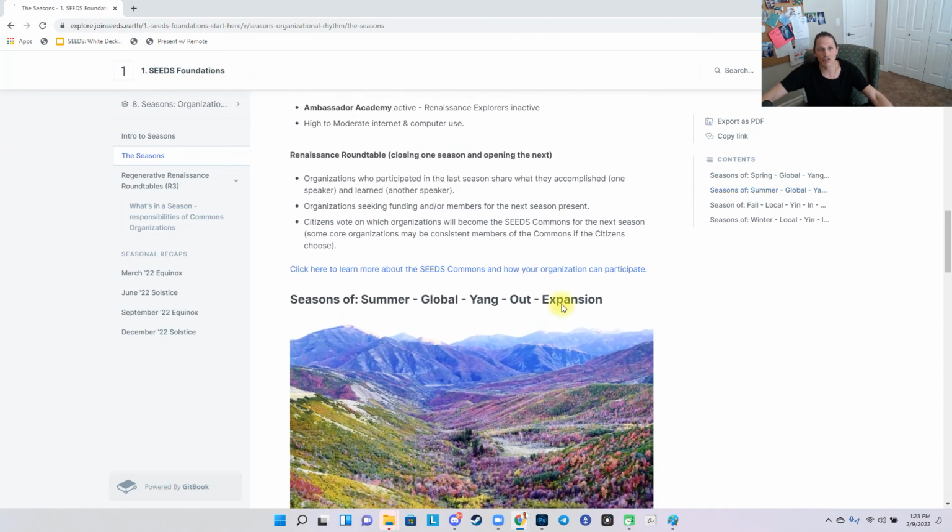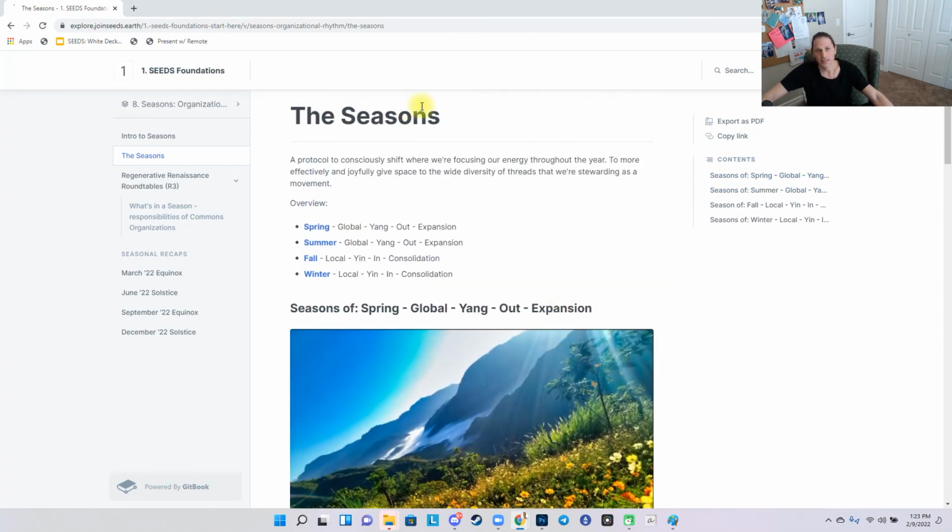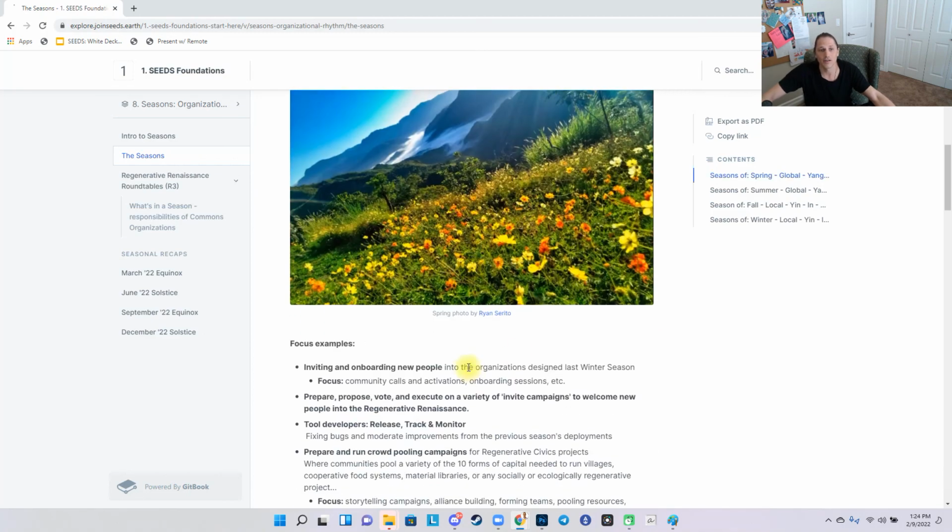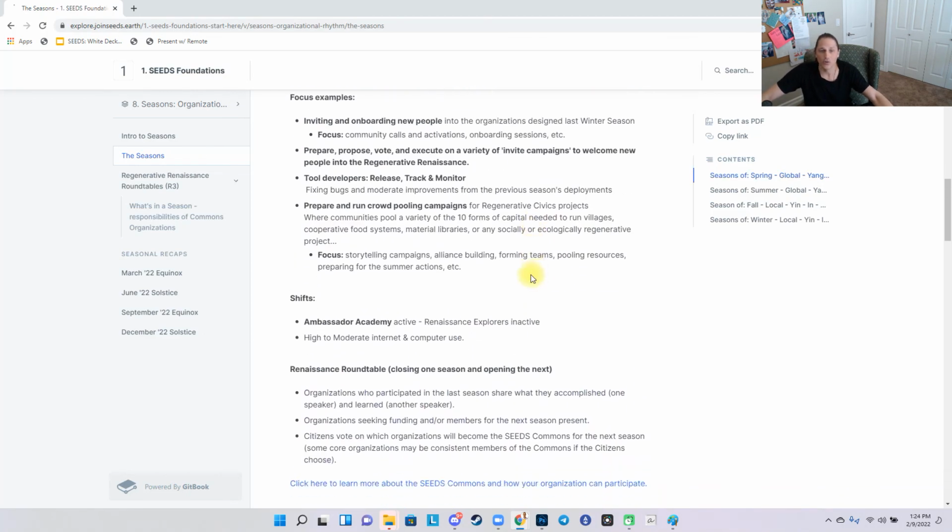All right, so that's the general idea around seasons. And again, I want to say this is not dogmatic. This is just a general pattern, and I really expect this pattern to severely evolve over time as we experience it. We're going to go through this, decide we might need extra seasons. 4 isn't doing it, or spring really looks like this, or whatever. All of this is open to reinterpretation and negotiation as we continue to learn.